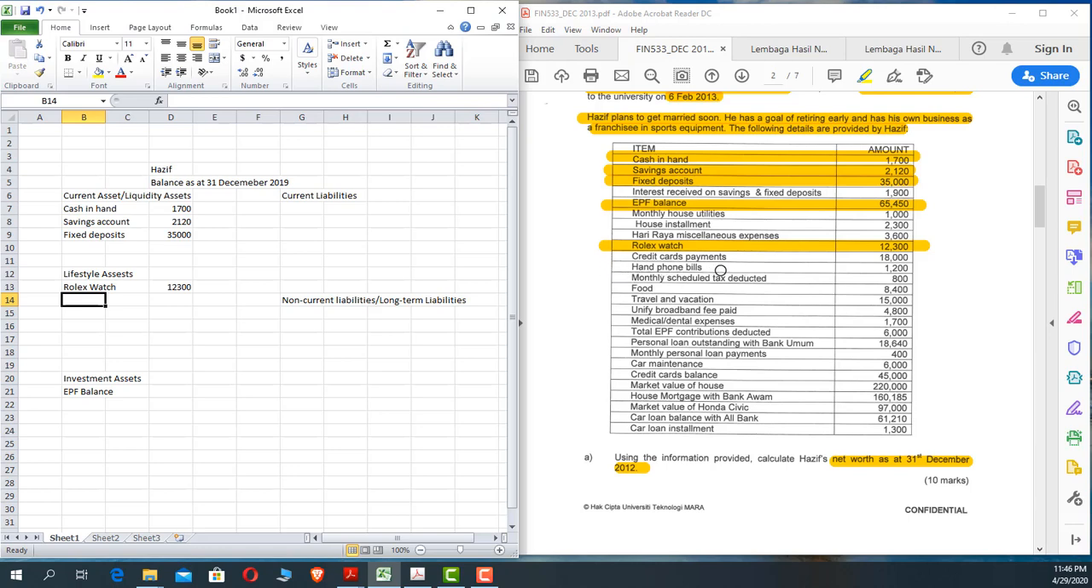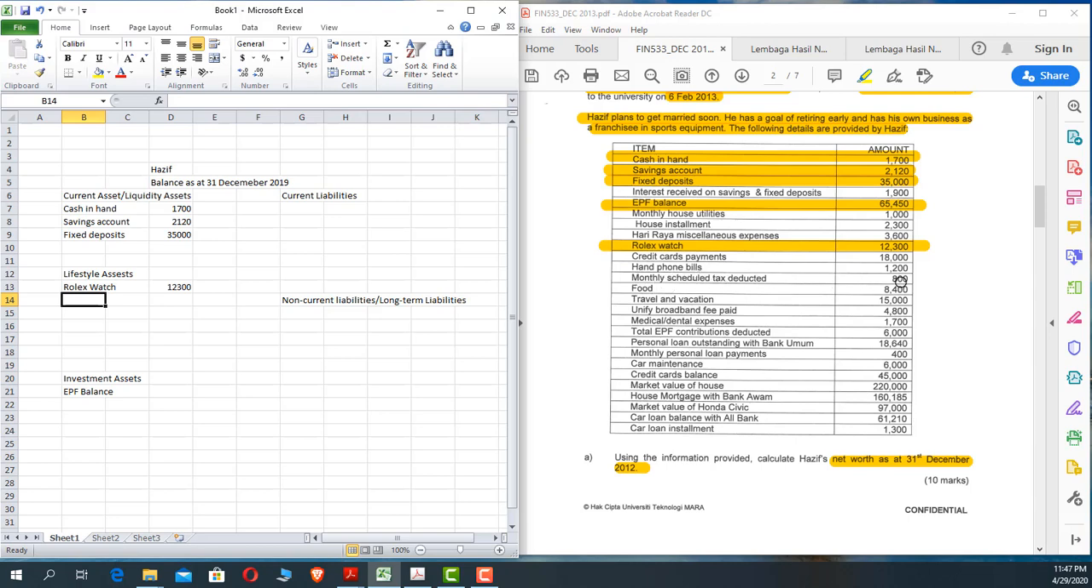This is also bill yang awak dah bayar lah, kecuali kalau dia bagi tahu accrued ataupun due, ataupun based on your, still ada lagi yang balance yang awak belum bayar. That's the akan masuk dalam your liabilities. Okay, the next